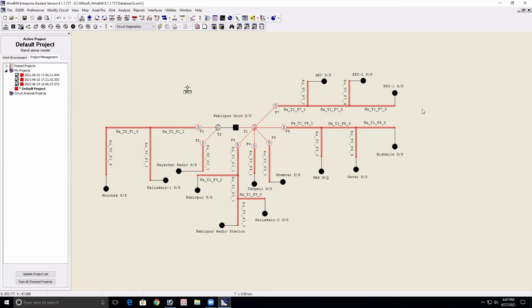After virtually, when you put all the values, listen to one thing: when you put all the values, transformer, line, substation, every value, and when you analyze it, then you will see the present condition of the network, and on the basis of that, you will make recommendations to the authority.